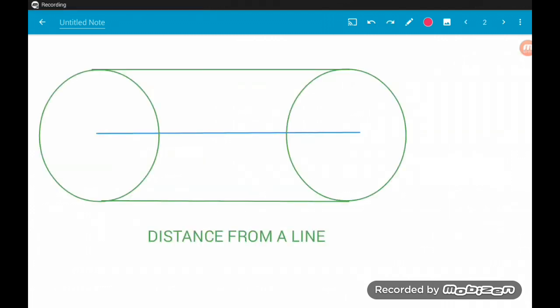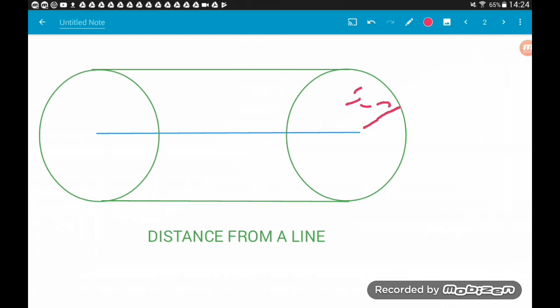Okay, next up we have the loci of points away from a line. So again, say that we wanted the loci of points 5 centimeters away from a line. Again, we set our compass to 5 centimeters, put the pointy end on one of the ends of the line, draw a circle, then put your compass on the other end of the line, draw a circle there too,